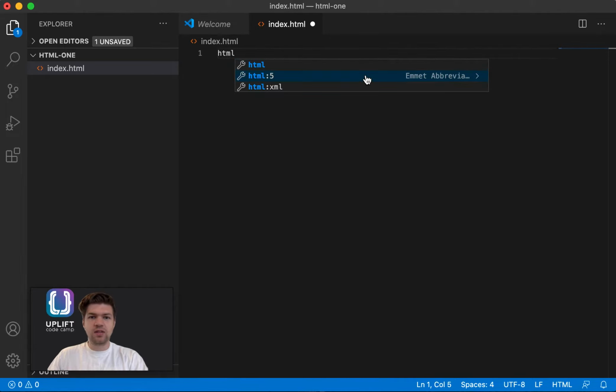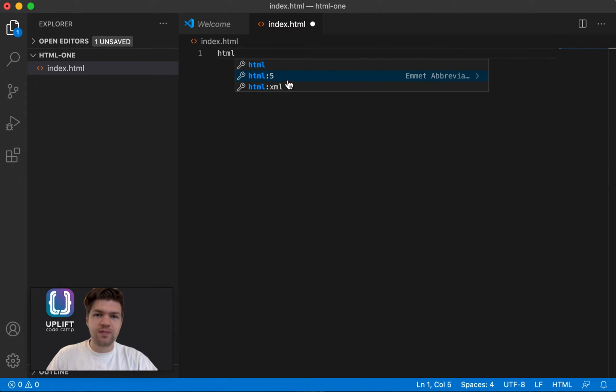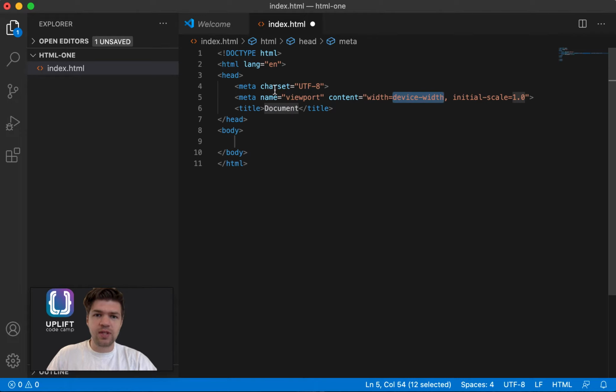The HTML tag expander is very basic. This one is great. It's called HTML:5. And this has the basic setup for a basic HTML file. Let's go and use that one. So I'm going to click on the HTML:5 autocomplete, and I'm immediately presented with a very basic outline of an HTML file. Here I can give it a new title, My First HTML,